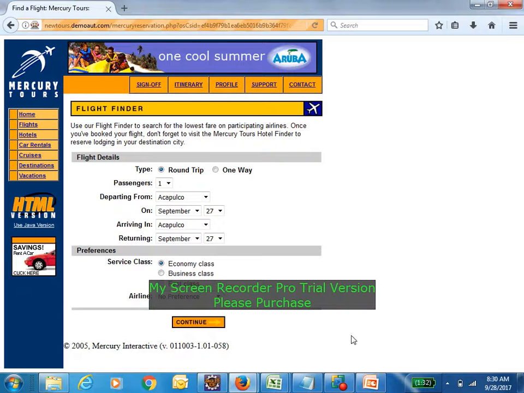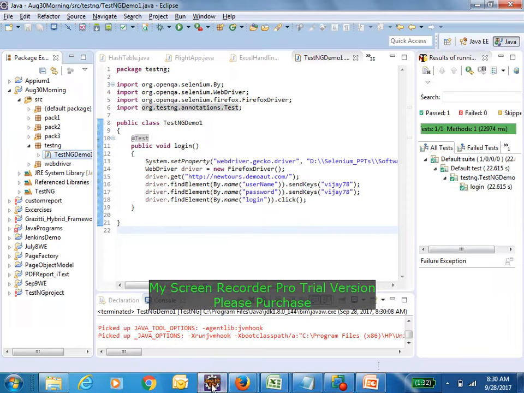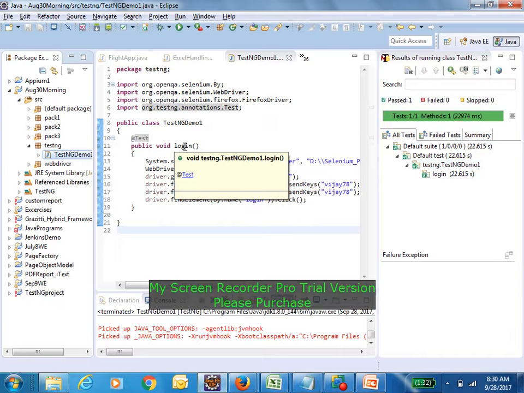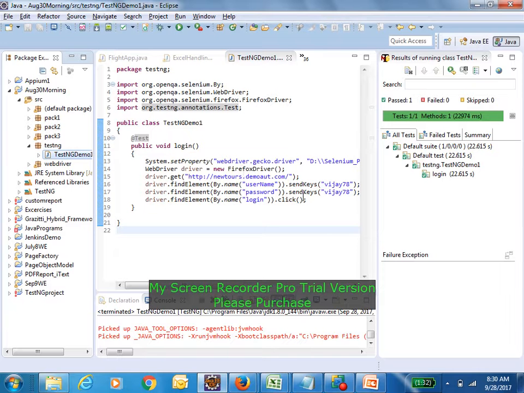Got it right? It has executed. Now we'll see the result here. So see, this is the TestNG reporting system. Each and every method, it will consider it as one test case. So now there is one test case. What is your test case name? Login. So now the login test case, it is saying that it has passed. Green, see, total tests is 1, and out of 1 passed. Failed 0, passed 1, skipped 0.